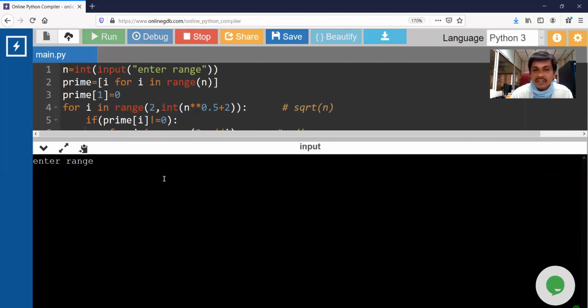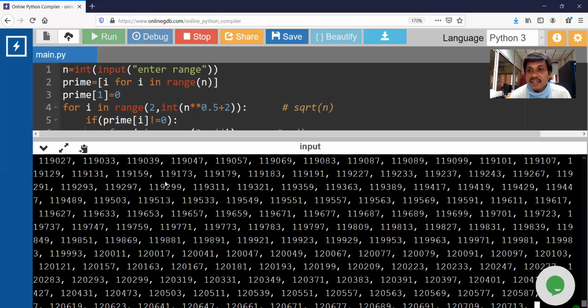Now I'll give one more value. Say, this is I think 30 lakhs. Yes, 30 lakhs. 1, 2, 3, 4, 5, 6, 7, 8, 9. Within 9 seconds, say 10 seconds, I got my output. 10 seconds. Okay.